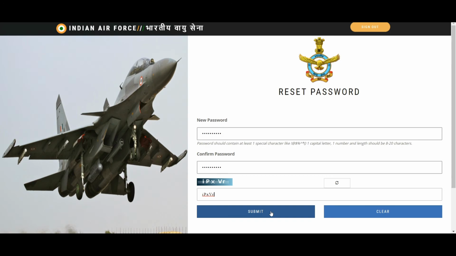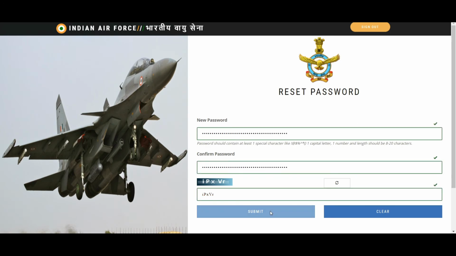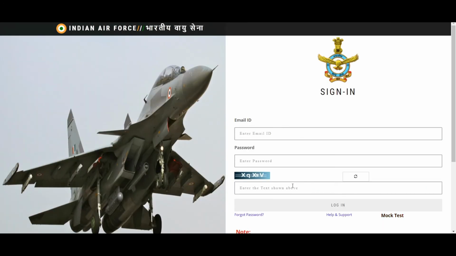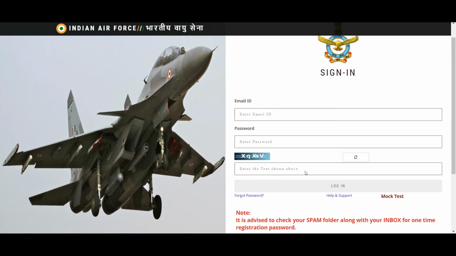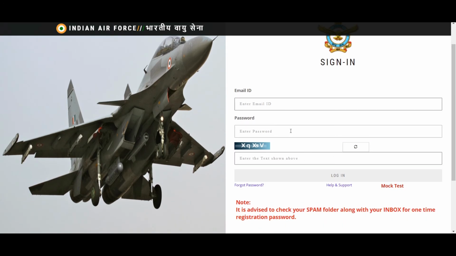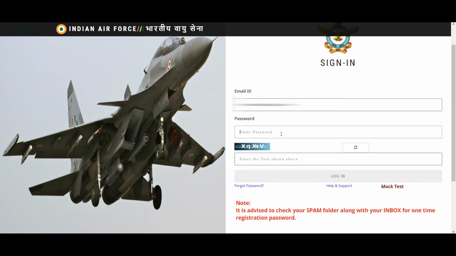I'll give a password, give this captcha, and submit it. After submitting it, your password has been reset. Now here you have to give the new password which you have just reset on the previous screen. So I will give my email ID and my new password, which I have just reset, not the one which I received on email.